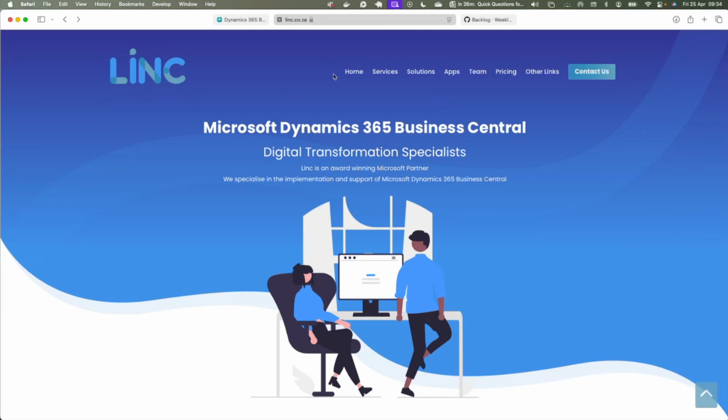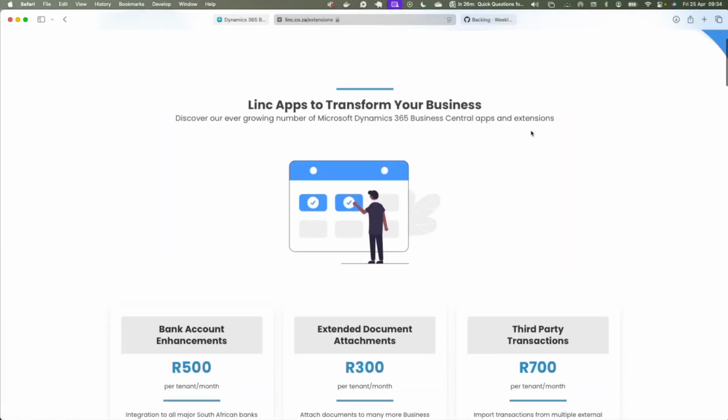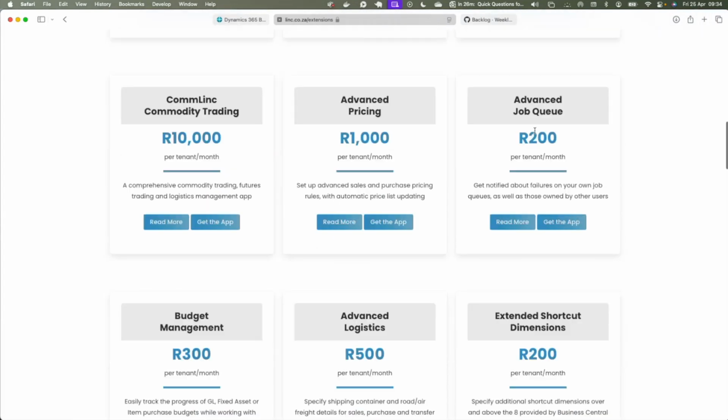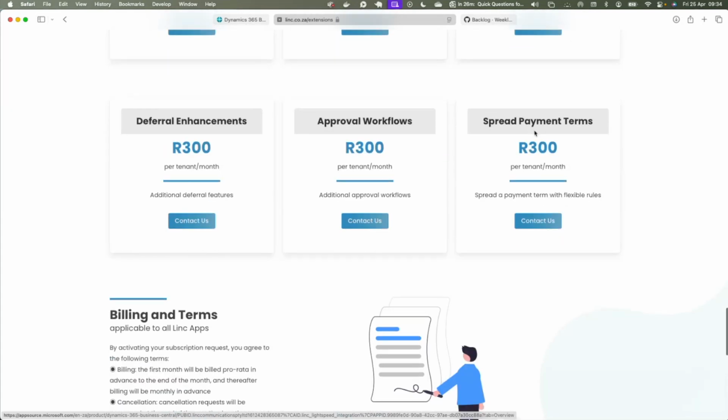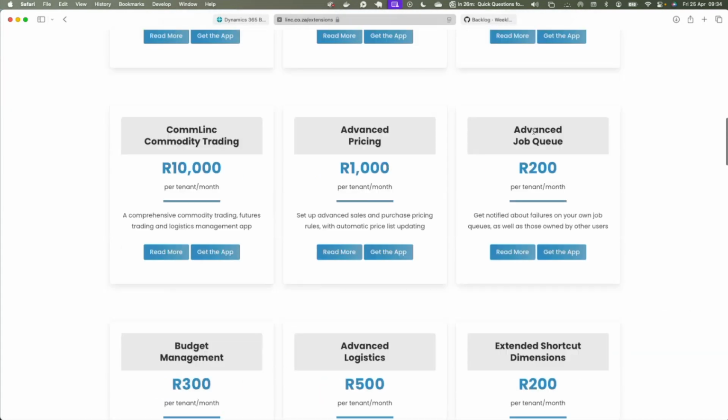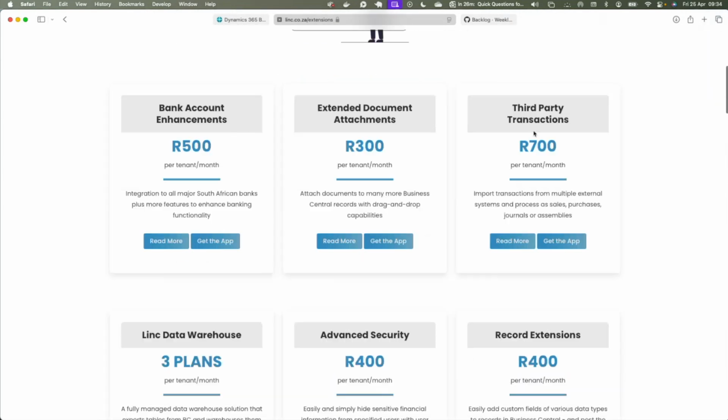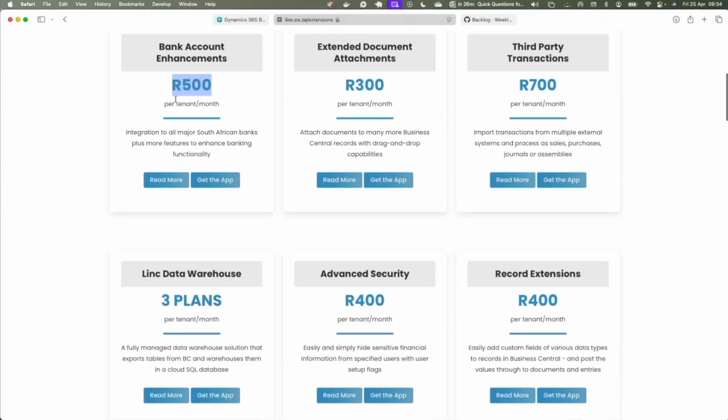We've also on our website given a whole new section to all the apps that we offer. If you click on this app shortcut on our website, there's this summary page which currently lists all of the apps that we have available. There are a few that aren't on this list yet that we're still working on the pages for. And for each of these apps, you'll see that we have the subscription price per app, and for most of our apps it is a flat fee per tenant, meaning per installation, not per company, not per user.